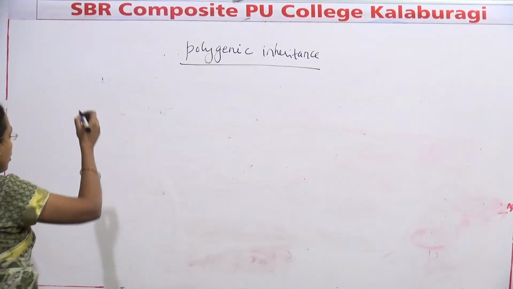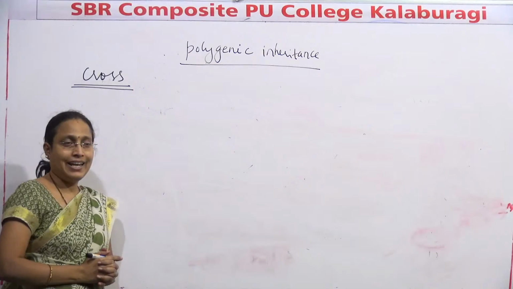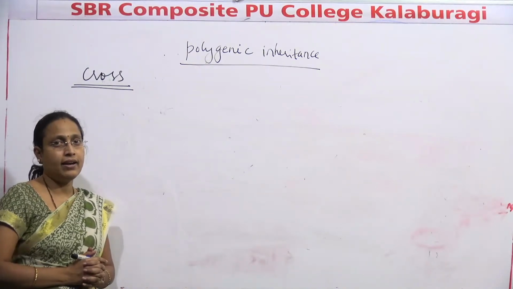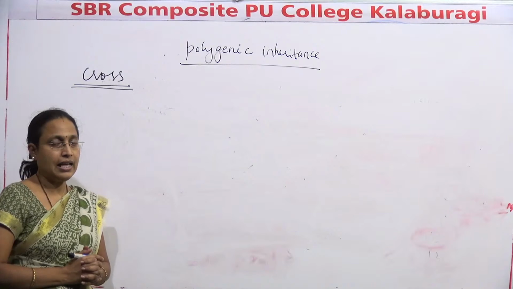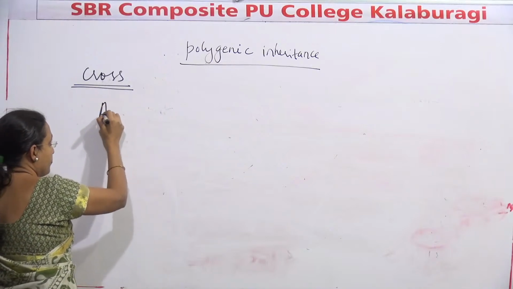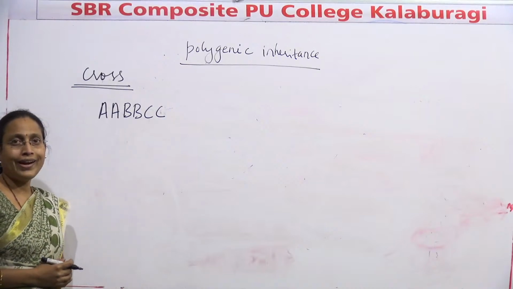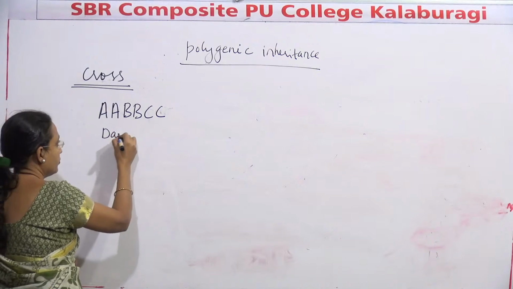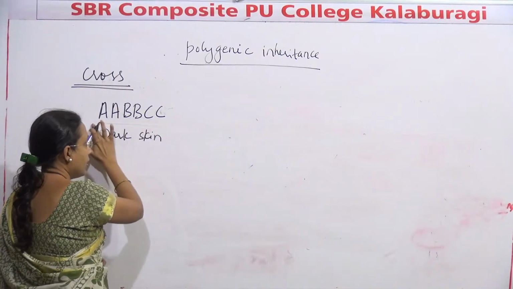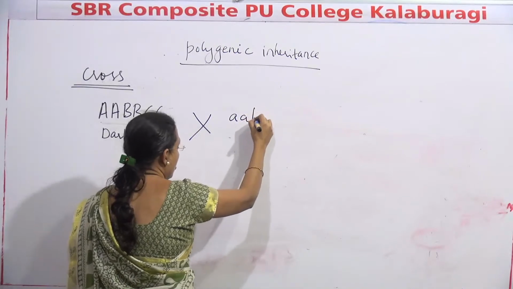So, what is the cross performed in polygenic inheritance? I told you who described polygenic inheritance: Davenport studied this in human skin color. And what does the cross involve? The cross of polygenic inheritance involves the individual who has very dark skin. The individual with dark skin will be crossed with an individual who has